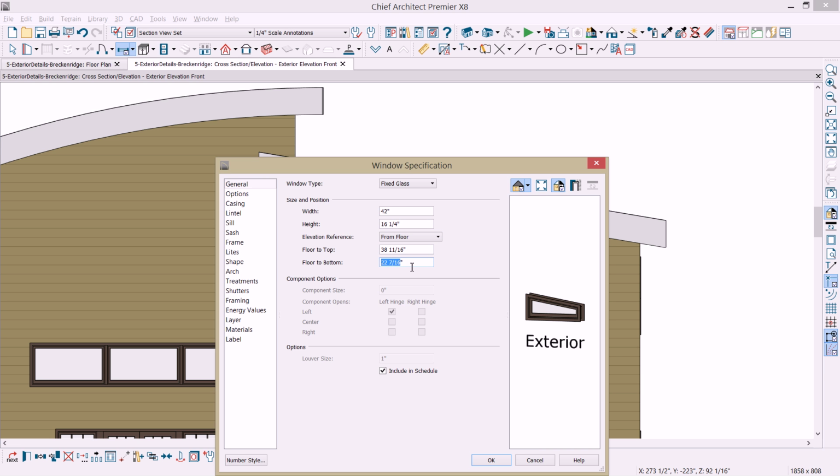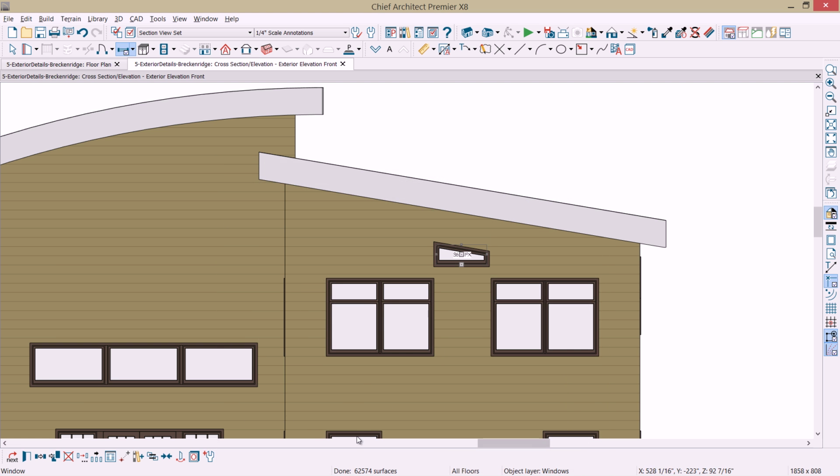And then I'm going to set my floor to bottom. Let's go ahead and set that. This is respective to the floor. This is going into the attic, so I'm putting in a negative value that will pull it. You can also change that and use an absolute number if you know the exact number. Select OK, and then using the center tool, I'm going to center that over the window below it. I'm going to create another copy of that using my multiple copy command,